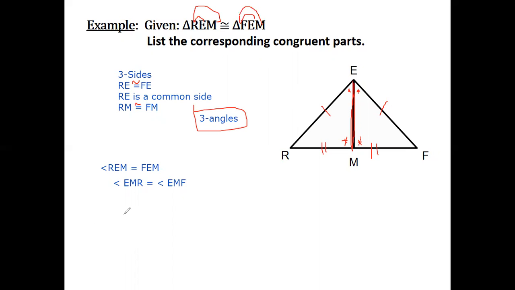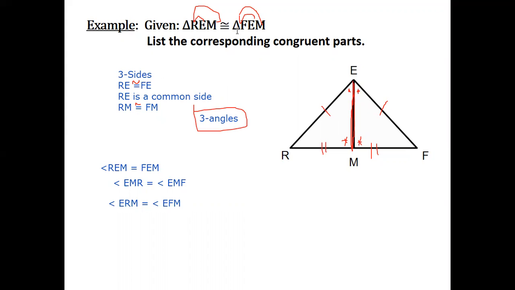So the third pair will be angle ERM, it will be equal with angle EFM. Okay, so this is how we can express the angles which are corresponding congruent parts when we have